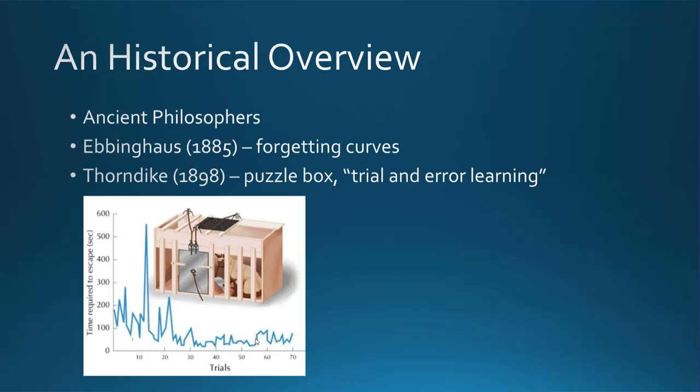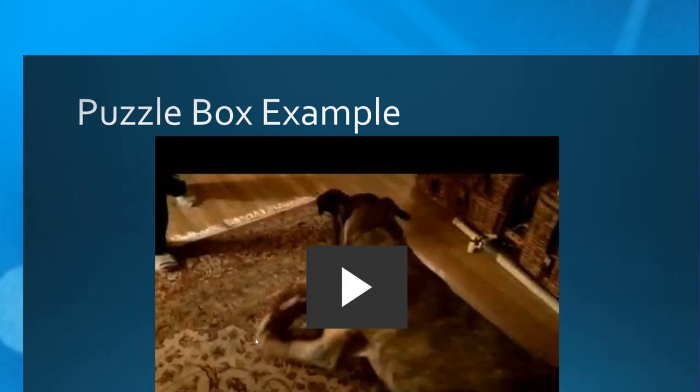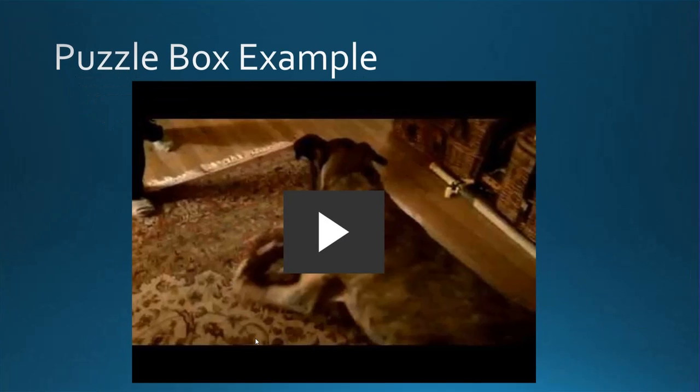Now, Thorndike's trial and error learning applies to all kinds of things. I have an example here from our other dog, Dozer. Dozer died a few years ago, but when Owen was young, he put a tennis ball in one of these expandable ball things, and over and over again, eventually, Dozer figured out how to get the ball out quite efficiently. So here you're going to see a video of Dozer with the ball coming out quite efficiently because he's learned through trial and error learning. There we go.